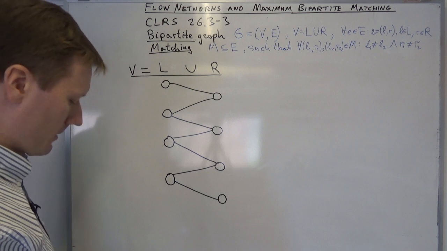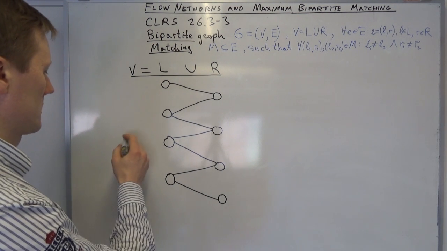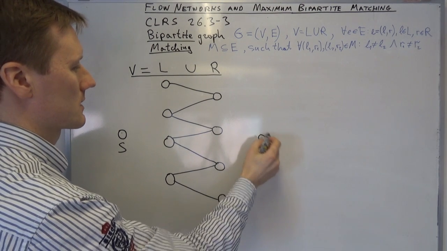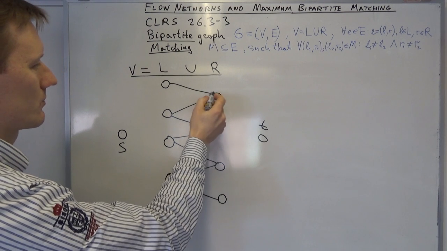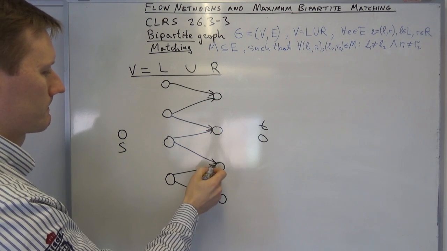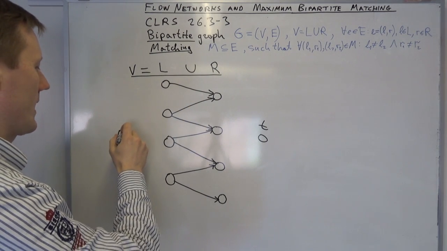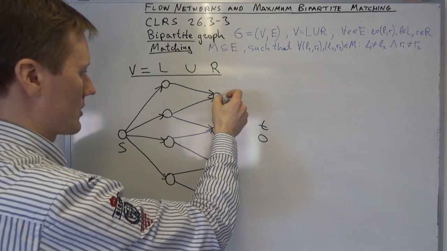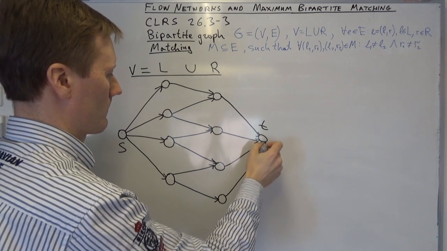So how do we model this as a flow problem? What we do is we create two vertices, a source vertex and a sink vertex. So let's have a source vertex and let's have a sink vertex. Then we make the graph directed, because that's what flow networks are. They are directed graphs. So we create the direction for these edges so that all edges go from vertex in L to vertex in R. And then we add edges that connect the source to all the vertices in L. And we add edges that connect all the vertices in R to T. So that's the